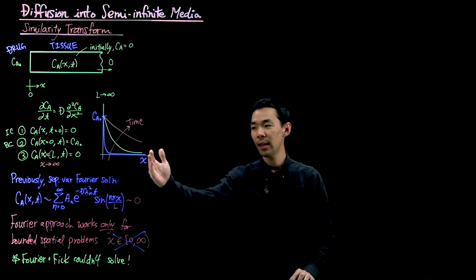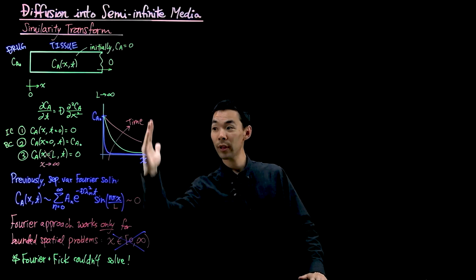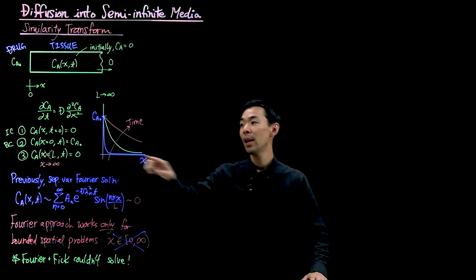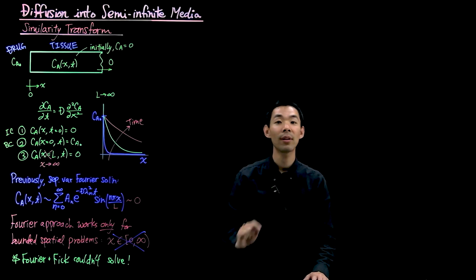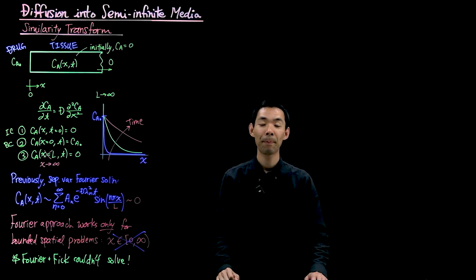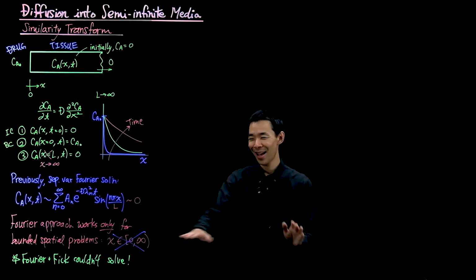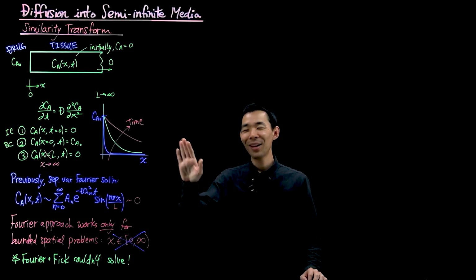Now, once again, the boundary jets out to infinity. So the temperature or the concentration doesn't end at some finite length. It jets out to infinity. And all we need to make sure is that when you go infinitely far away, the concentration properly decays to 0. Now, the other genius that, in addition to Fourier and Fick, who couldn't solve the problem,